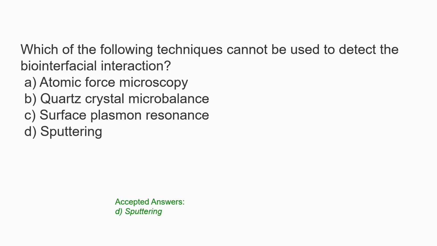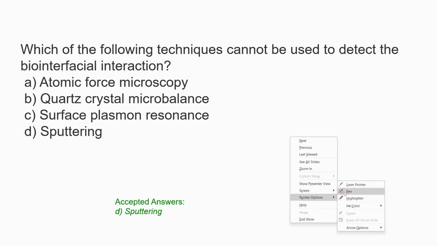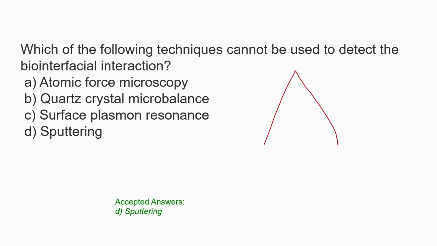And the third one was surface plasmon resonance. So this is again another optical method for detecting biointerfacial interactions. So herein, in a prism, there is, basically it's something like a prism, and at the bottom metal surface there would be objects, antibodies, cells, or whatever, and